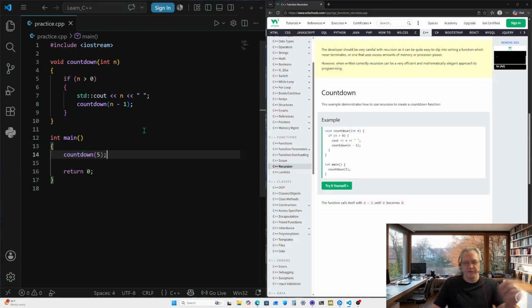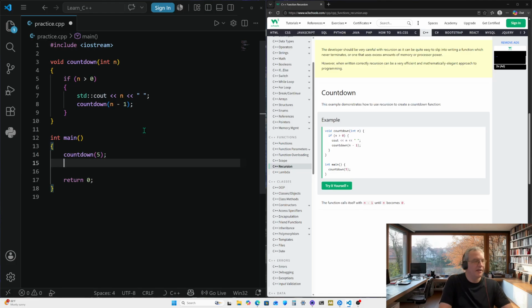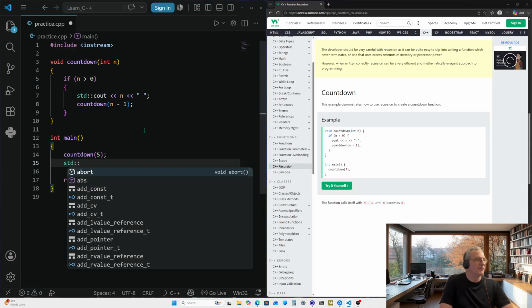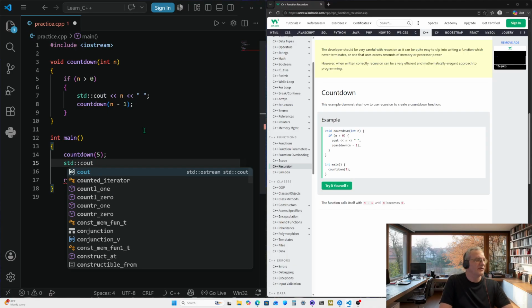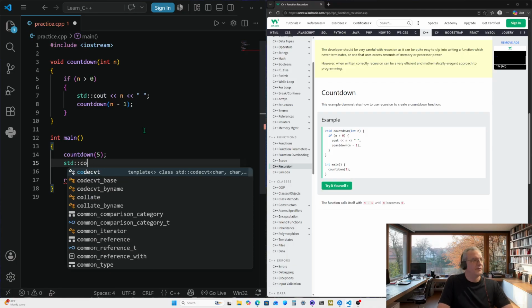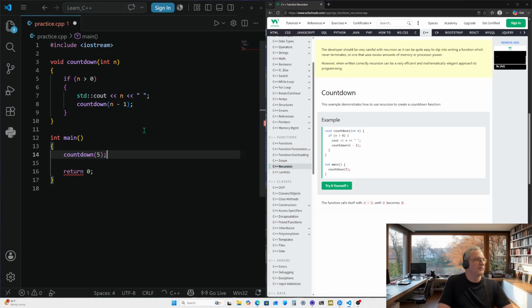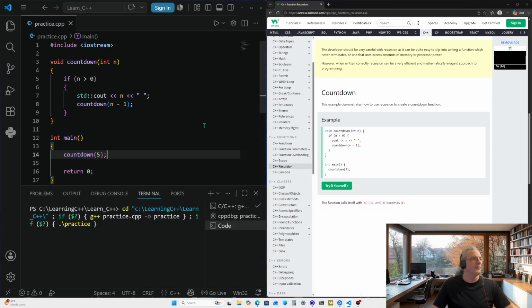We could do the whole Happy New Year thing where you add the standard output right here to where when the countdown's done, it could say whatever. But we're not going to put that in there because you should already know about that. So we're going to go ahead and save it, run it, and we should have, yep, 5, 4, 3, 2, 1. And I've shown you this before right here. This is the way to get it to count down or count up